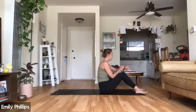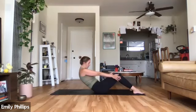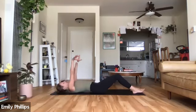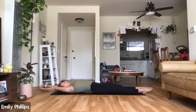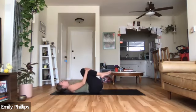Whew, nice job. Reaching your arms forward, chin to the chest. Roll the body all the way down to the ground. Good, take a good morning stretch when you get there. Point the toes, reach behind you. Big breath in. Exhale, slowly pull the knees in towards the chest and also lift your head up like you're